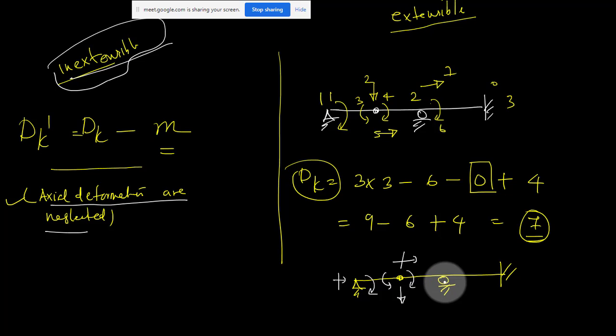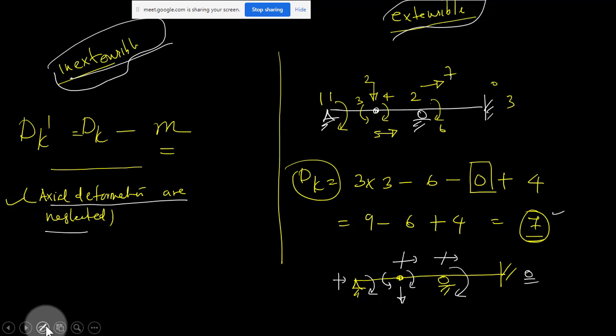And same thing if you come to this roller support, it will rotate. And this degree of freedom, the degree of freedom number 7, it is not possible, right? Because if it is moving, this member length is going to change, and here anyway nothing is possible. Finally, if you take the members as extensible, your answer is 7. These are the degrees of freedom.